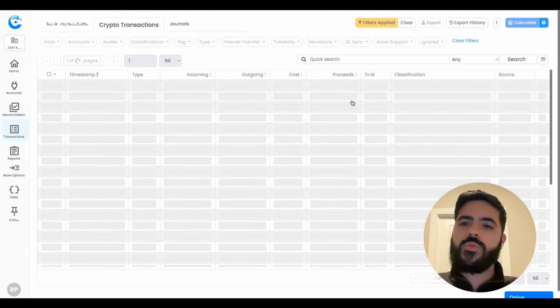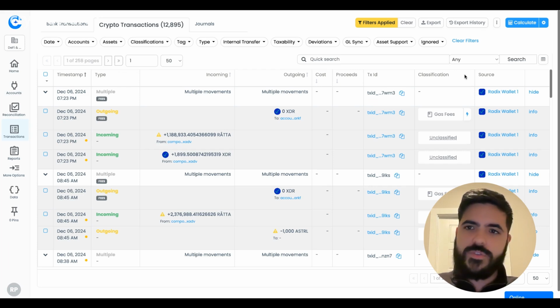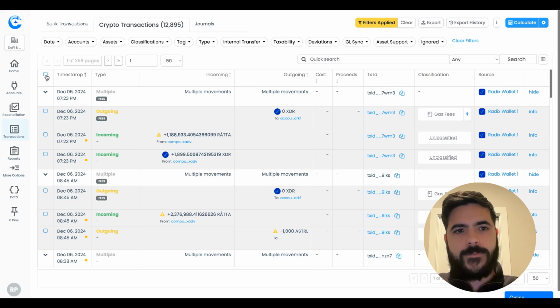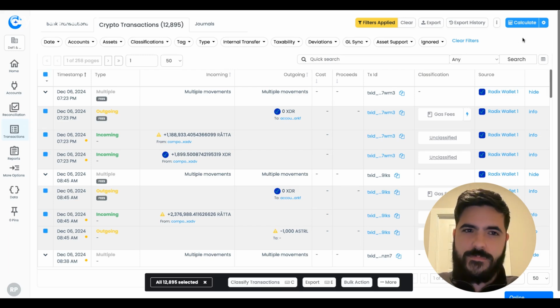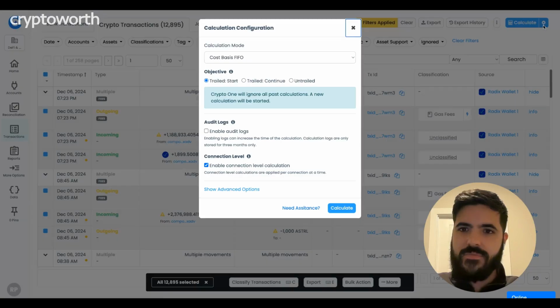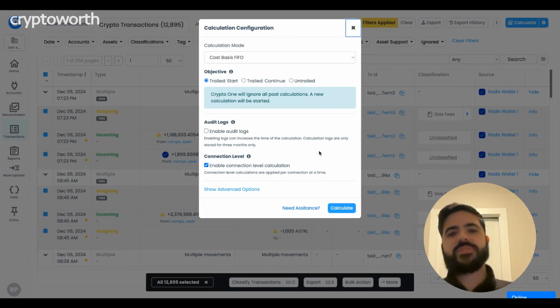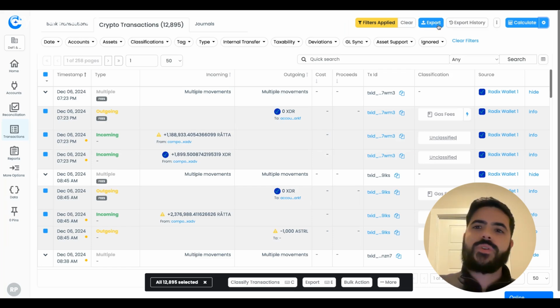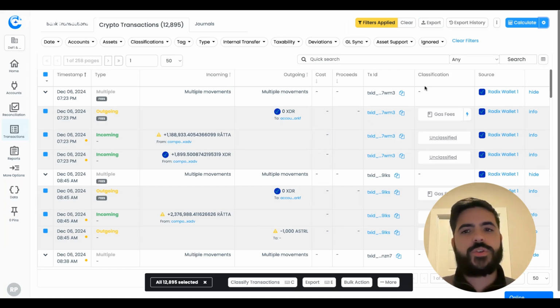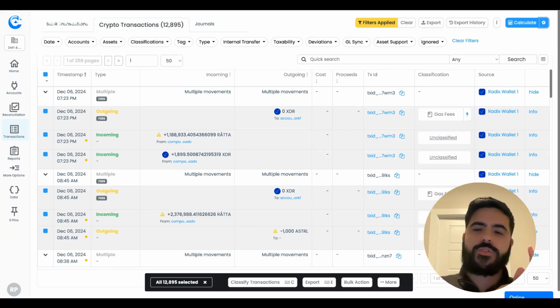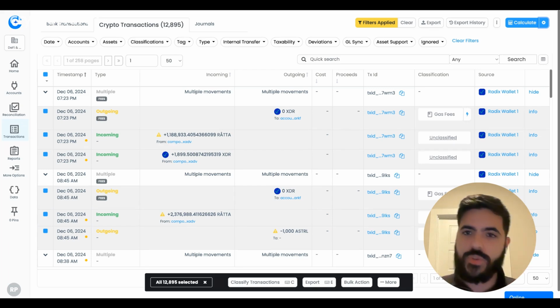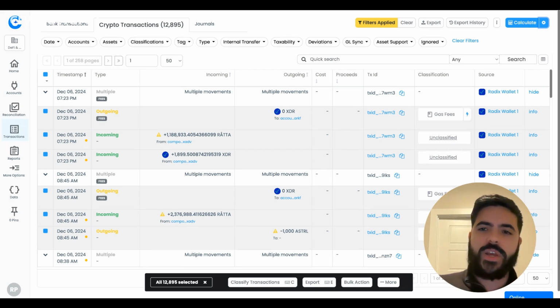And once you do that, we're going to actually do the two same steps as we did in option one. So essentially run the cost basis calculation at the connection level. So make sure you're running the cost basis at the connection level in the old portfolio. Export the data. So now this data that you're exporting is going to be your cross-reference point to make sure that your cost basis at the connection level in the new workspace is matching what you exported from the old workspace. So if you run your cost basis calculation,